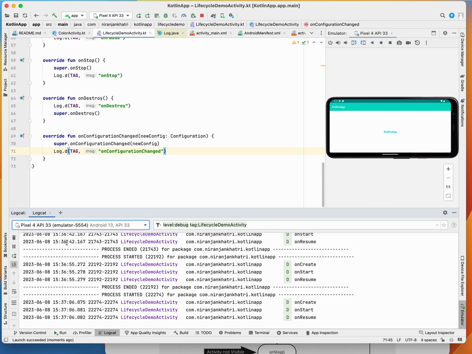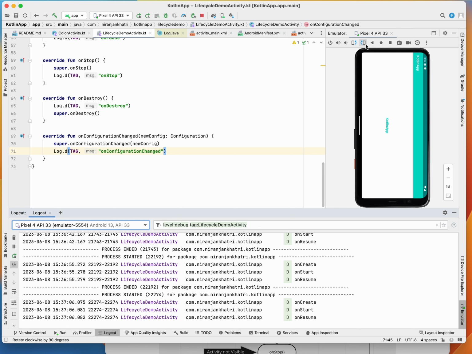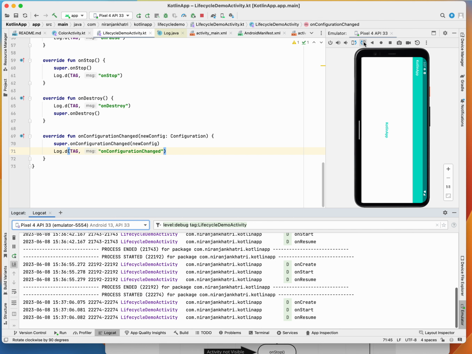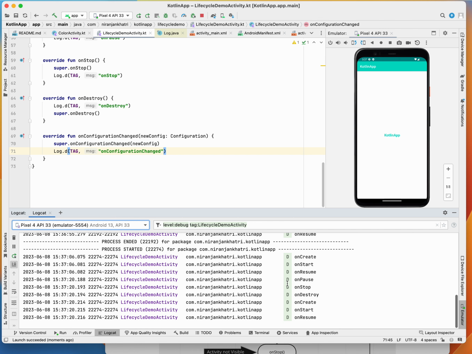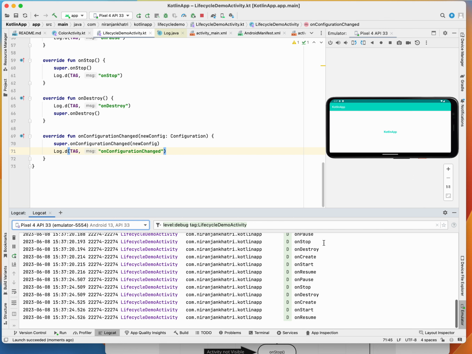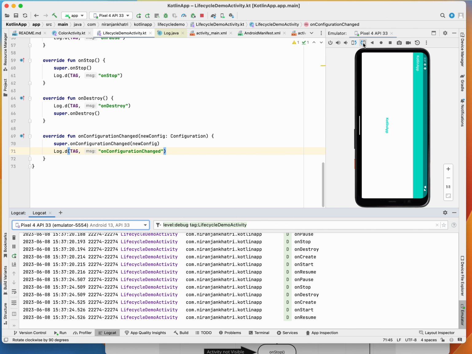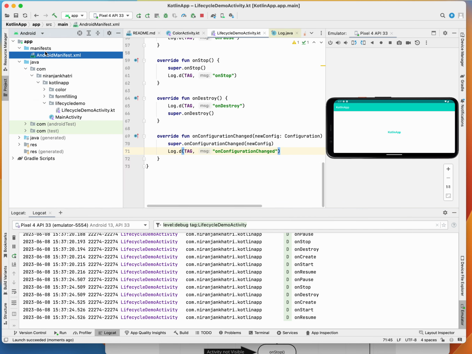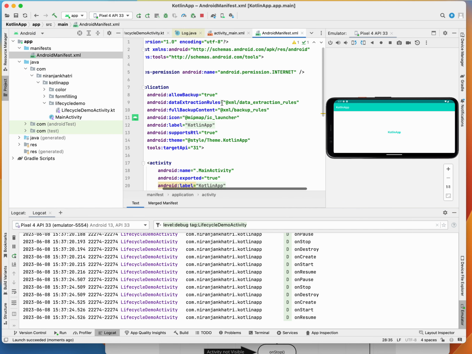Let me change the configuration. Okay, let me check, one of the interesting concepts here is